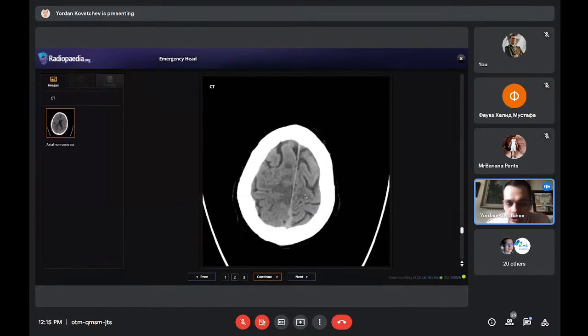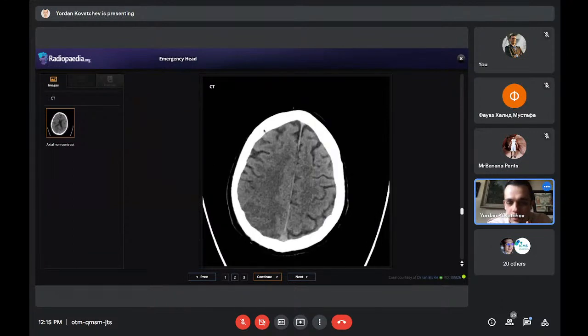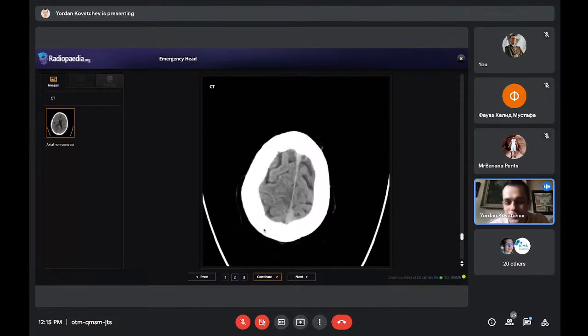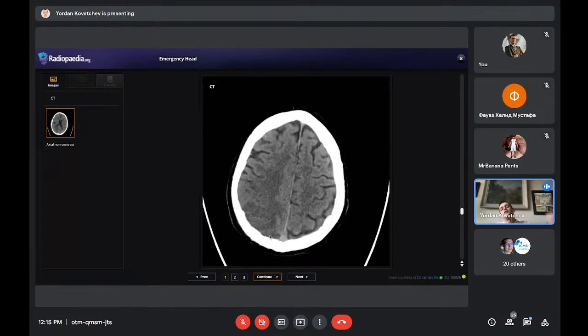Let's go a bit structurally from the top again. Here, we see the sulci on the frontal side, symmetrical, not effaced. You see this dark fluid. This is the cerebrospinal fluid. It goes in the subarachnoid spaces. There is no edema. On the back side, the occipital lobe, you see that there is something going on. Even if you can't put it into words initially, there is something going on here. This is what you have to notice.